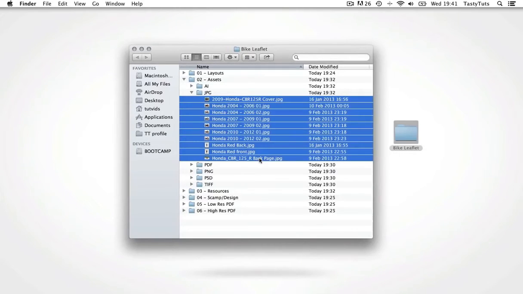Now remember what I said earlier about images having to be CMYK for print? Well, now I'm going to have to change every image from RGB to CMYK. I could do this later, but since I have all the images, I'm going to do this now, demonstrating how to quickly change a batch of images from RGB to CMYK. Remember,